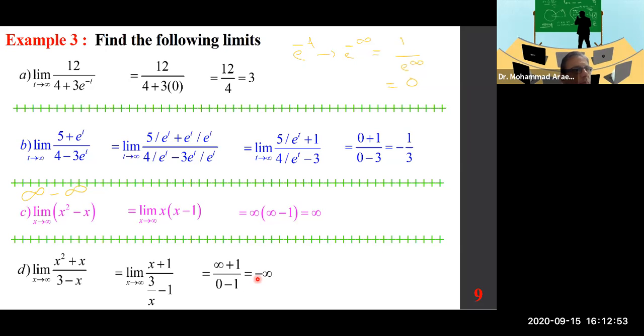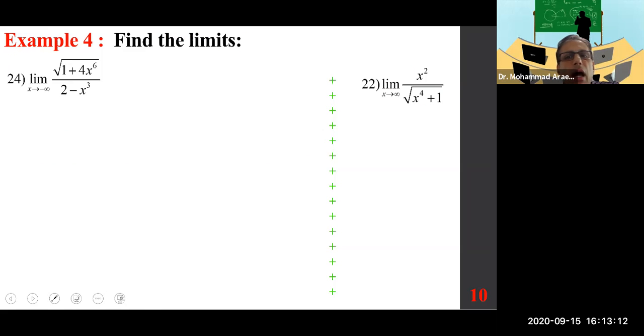Negative infinity. I want to look at one more page as the last part. Okay. One more page quickly. So pay attention to the practice that we are doing here, and positive and negative. Now, when x approaches negative infinity, and I hope everybody remembers the concept, okay, that when you have a negative